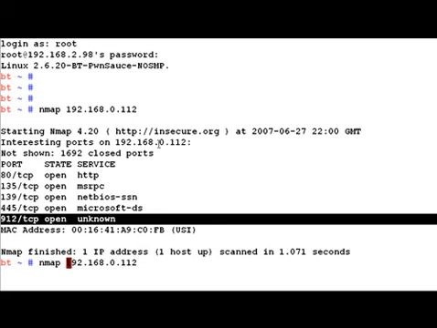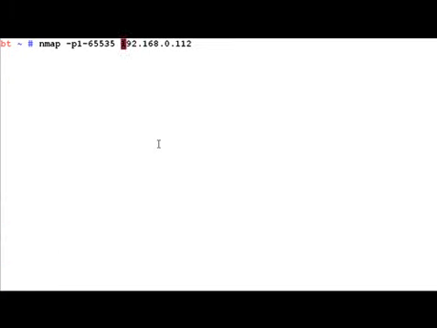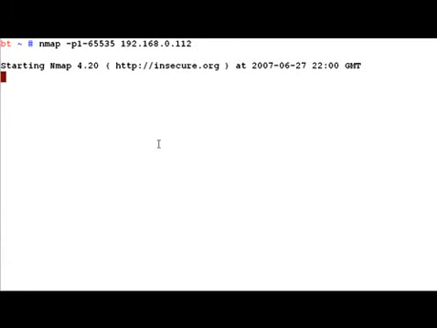So what we can do is tell Nmap to use the entire port range. I can say 1 to 65,535. Let's go here and start this once again. This option is going to take a little bit more time because we are running a scan on all the 65,536 ports which are available on a computer, so it takes time.